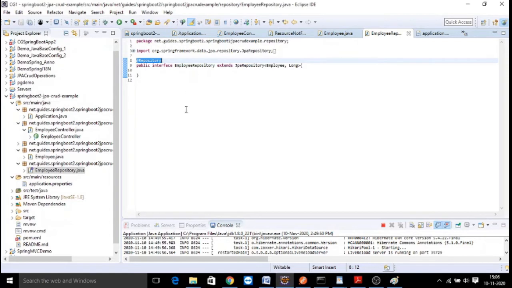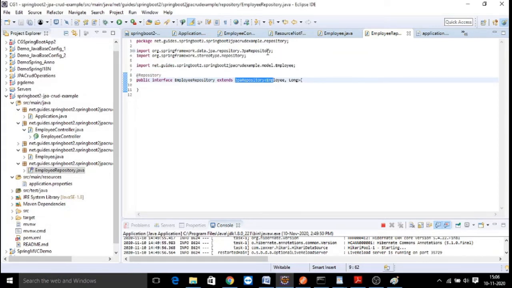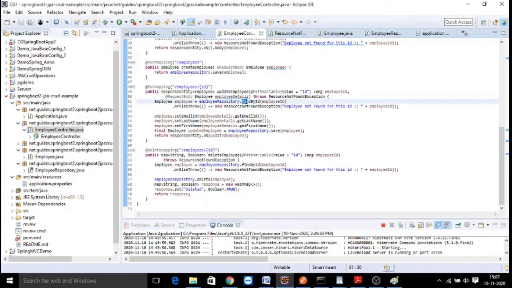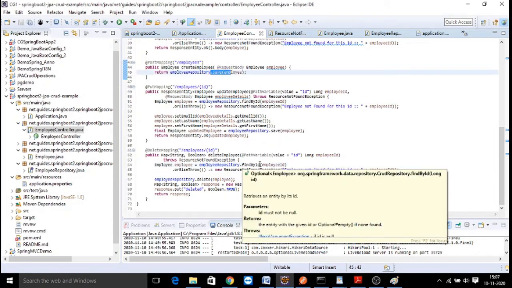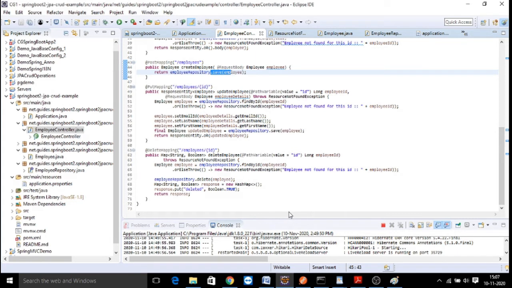We are not going to implement any of the CRUD operations in our repository class, because @Repository is a Spring Boot specific annotation, and the other important repository we are going to use is called JpaRepository. JpaRepository is a predefined class in the framework, which provides you all the implementations of methods like findById, and then you will have save, update and delete methods. All these methods are predefined, you will get them.